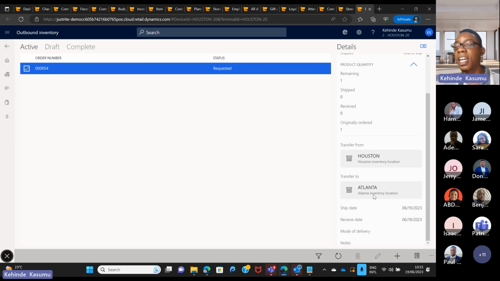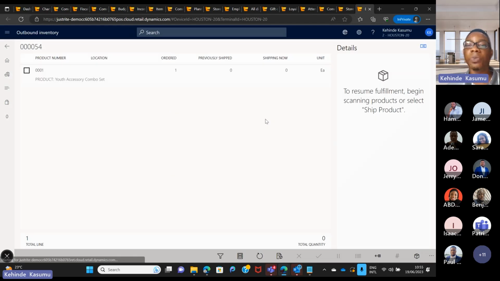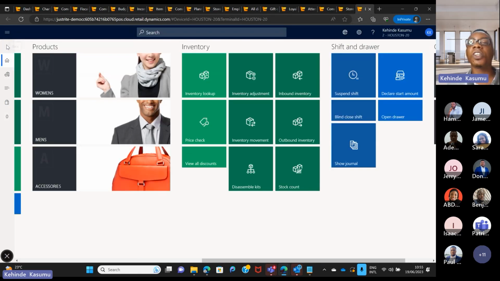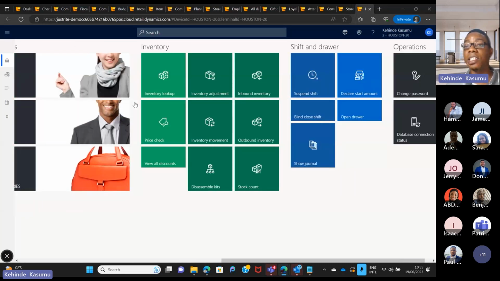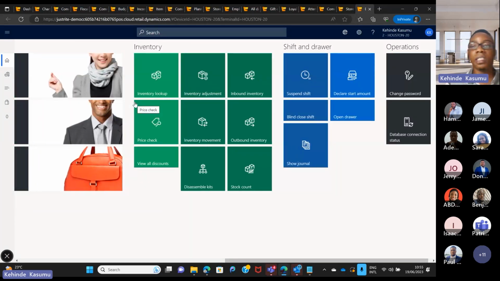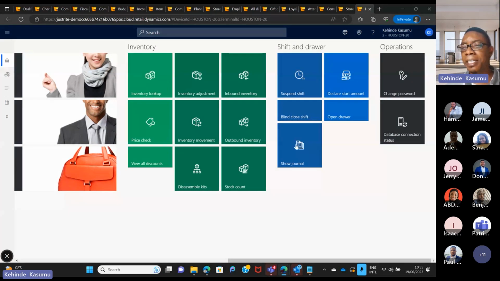So if I'm transferring from Houston to another store, you can see the details of that transfer as well, and you can proceed to process it, and can as well initiate it depending on the configuration. This configuration is not a direct approach. You can actually change it. We can configure these styles. We can switch it over and bring in some other functionalities or take away some functionalities. It's quite flexible, right?